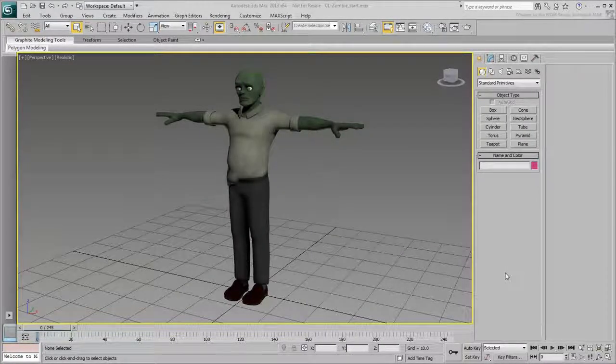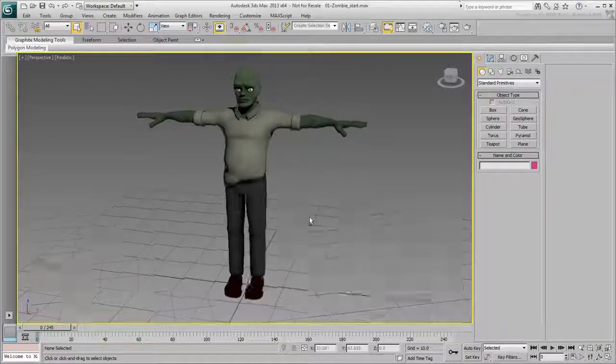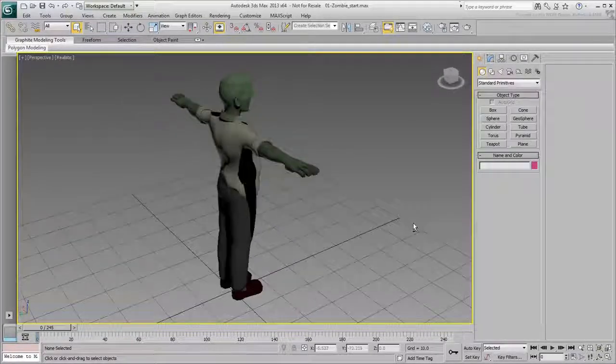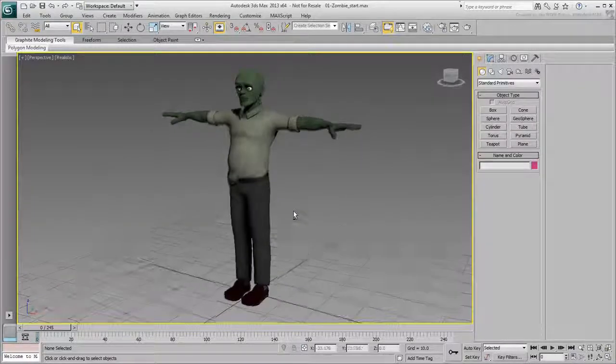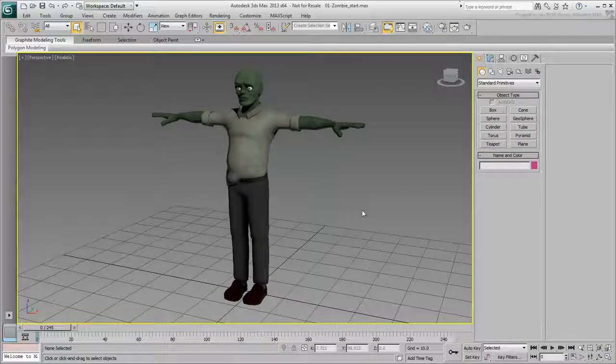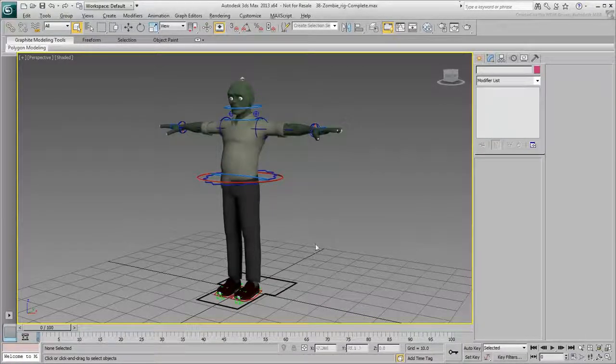In this tutorial, you'll learn how to rig a character for games using simple 3ds Max Bones techniques. The character you will be rigging is the zombie character. It has fairly human proportions. This makes the process a bit easier to understand, as we are all used to the shape and form of human anatomy. As you understand the rigging process better, you'll be able to branch out to more extreme characters and